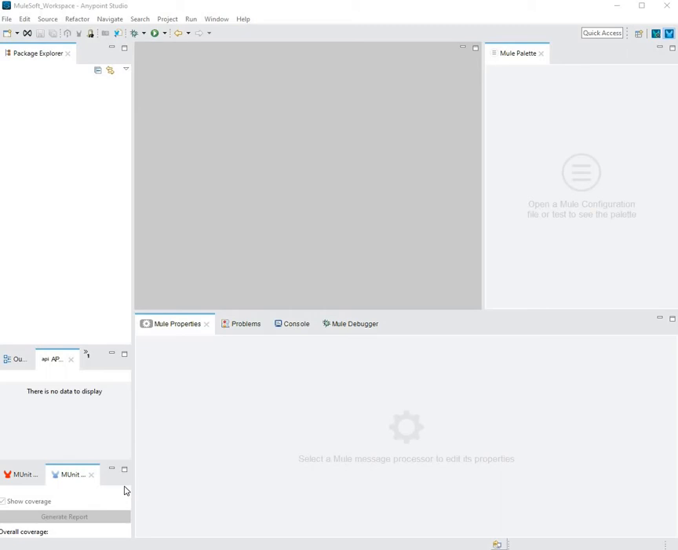After this course, you will be able to build and deploy your own Mule applications using Anypoint Studio. Anypoint Studio is built on the popular Java Eclipse IDE. Let me start by creating a Mule application and then walking you through the various Anypoint panels and explaining their